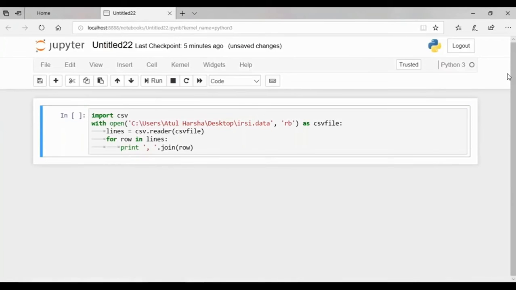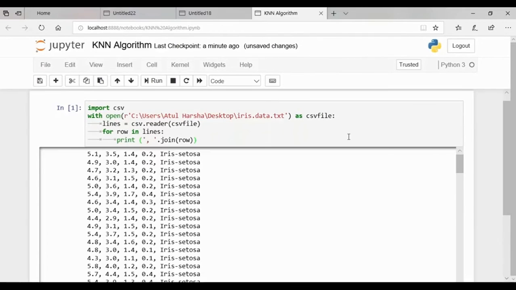So the first thing that we need to do is load our file. Our data is in CSV format without a header line or any code. We can open the file with the open function, and read the data line using the reader function in the CSV module. So let's write a code to load our data file. Let's execute the run button. So once you execute the run button, you can see the entire training dataset as the output.